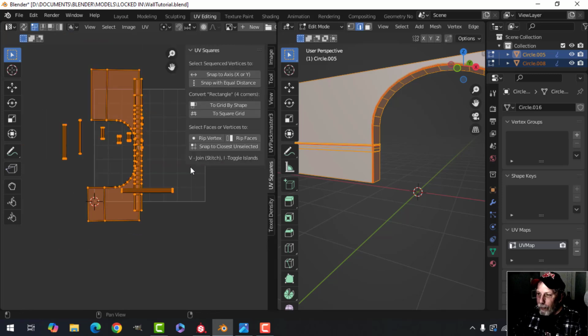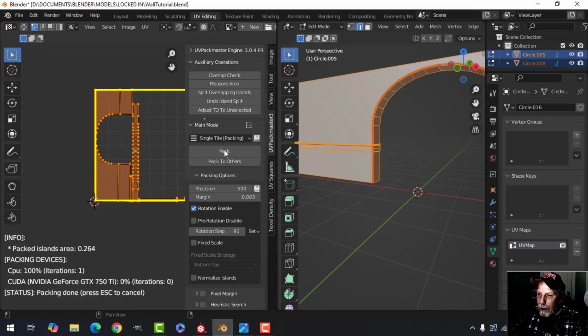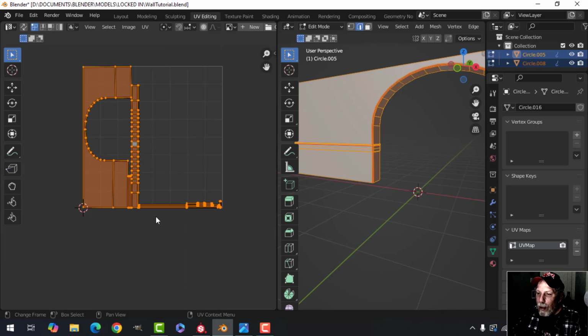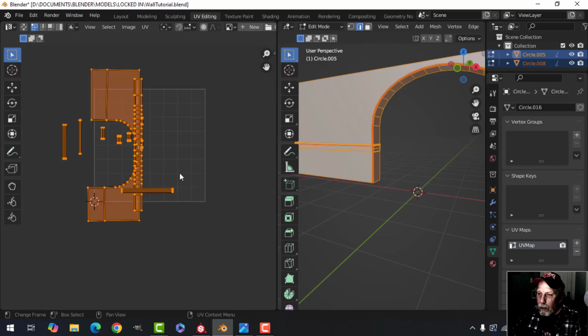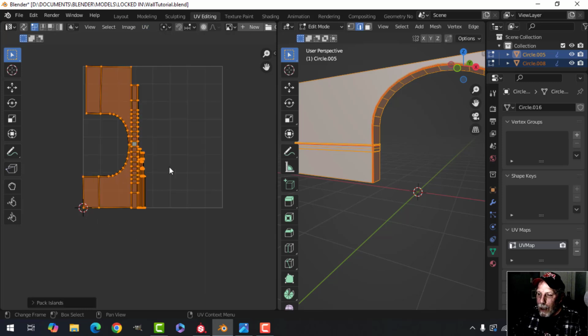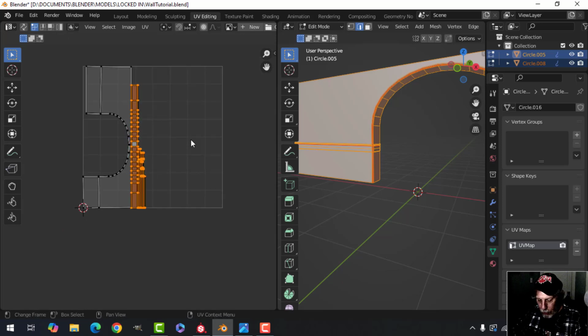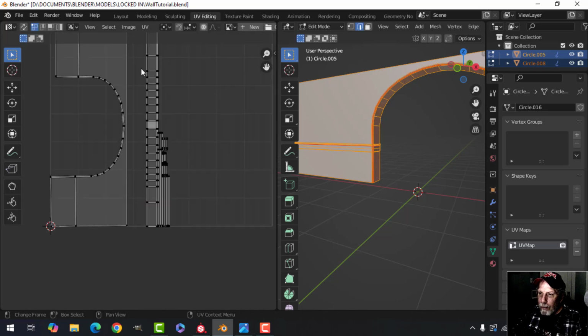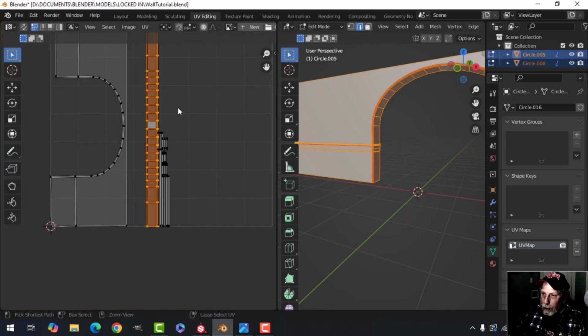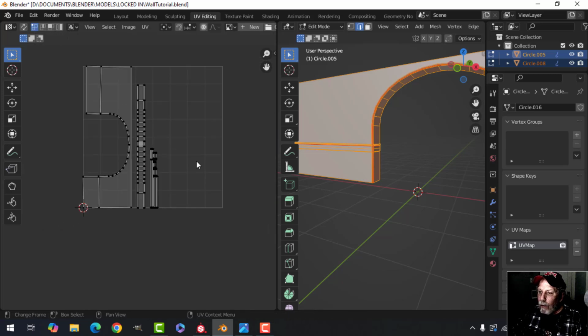Let me try using another add-on called UV Pack Master 3. Now I think there may be updates to that, but that's what I've got right now. And I'm going to click on Pack. It didn't do it that much differently, and so what I may do is let me come back to Blender and Pack, and then come over here and just grab all of this stuff, and I'm going to press GX just to slide it out of the way. Grab this one, and I'm going to Control L, GX,